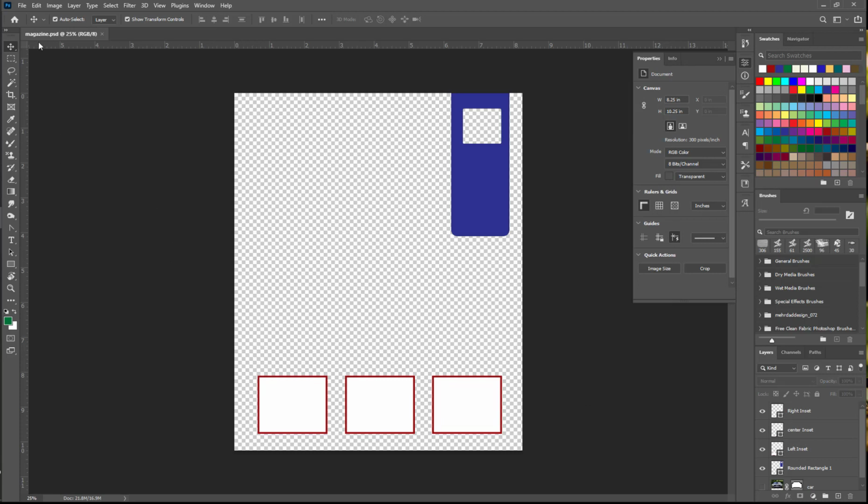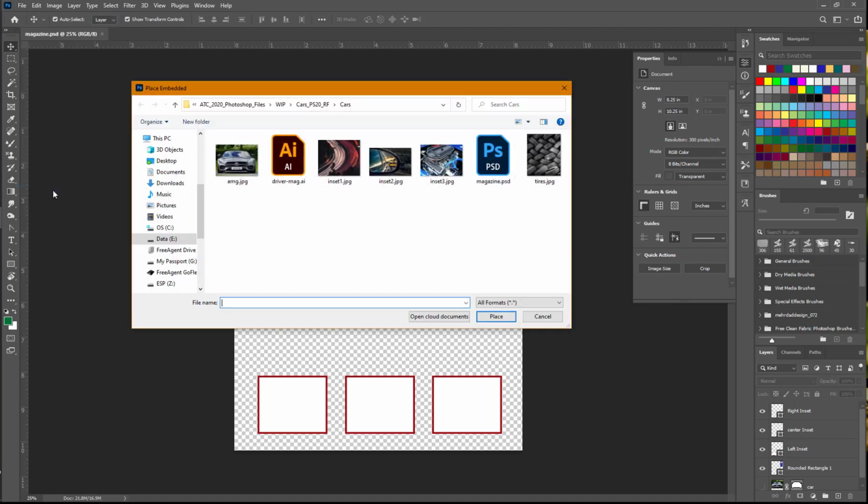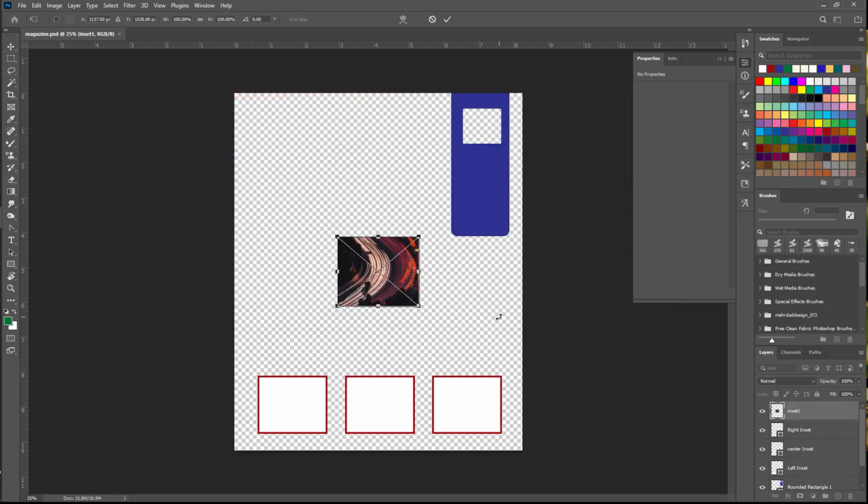And we're going to put in an embedded image. So go up to File, Place, Embedded, and we would like to place Inset 1. Press Enter or click the check mark at the top to confirm the place. And then place Inset 2,